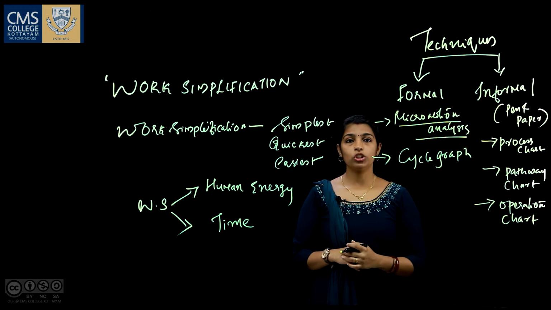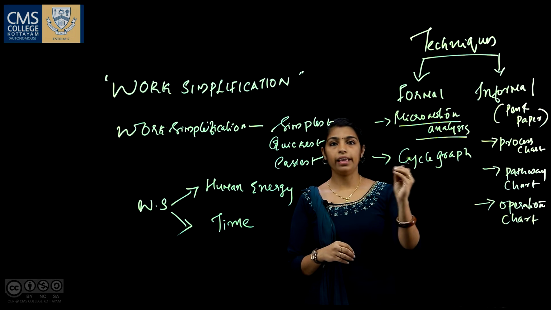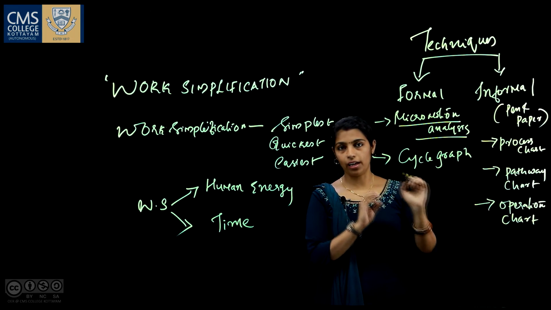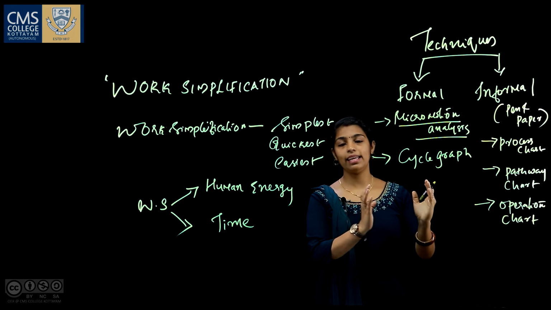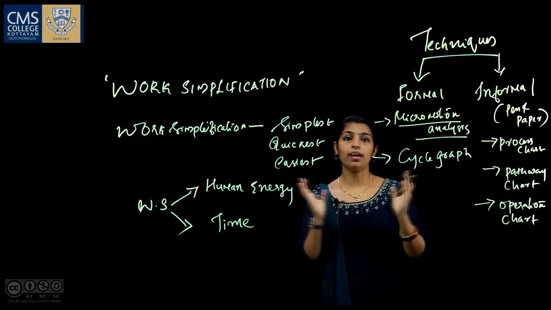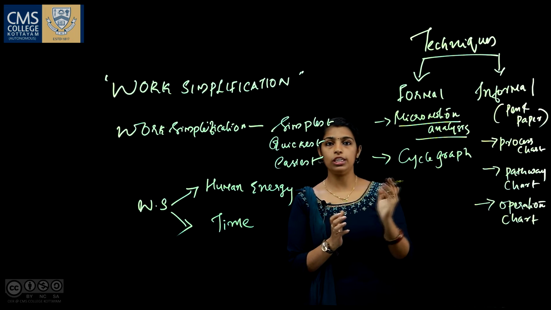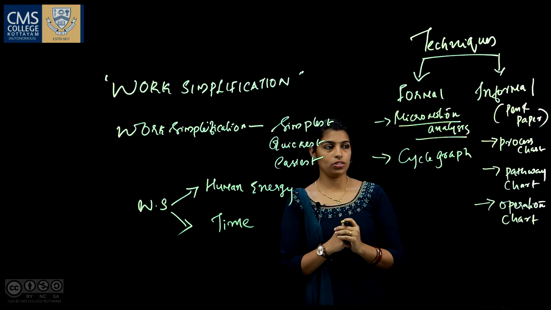First, micromotion analysis. It is a specific technique where different equipments like stopwatch are used. Here, the motions are recorded and then each individual motion is analyzed later to identify which were the unnecessary motions and what was the time taken to do each particular task. This time taken was recorded using stopwatch.